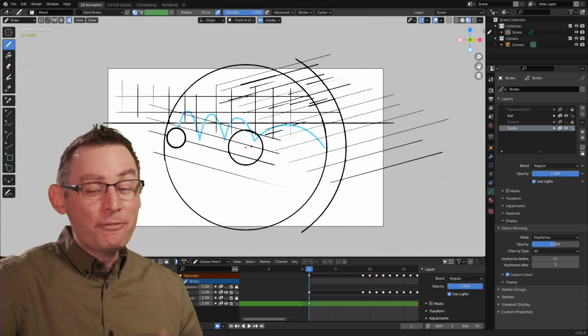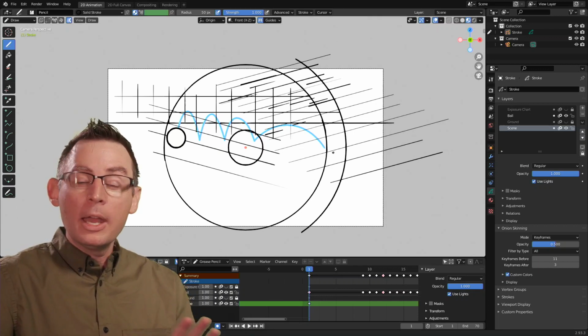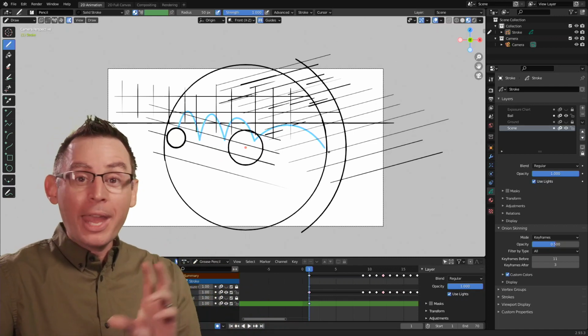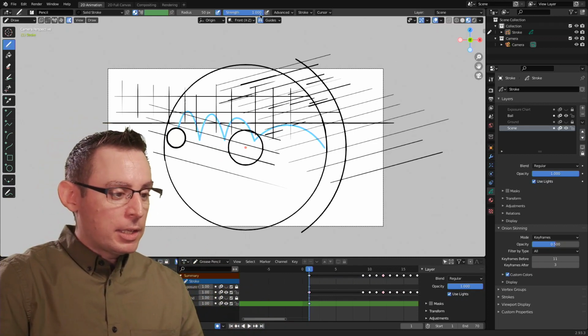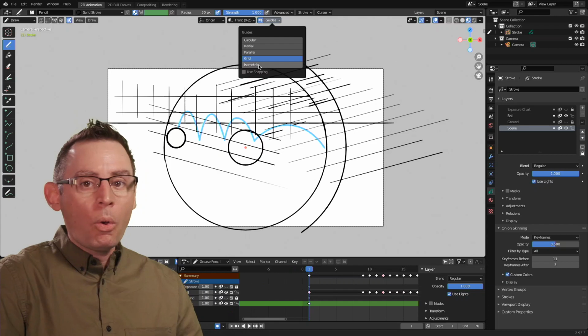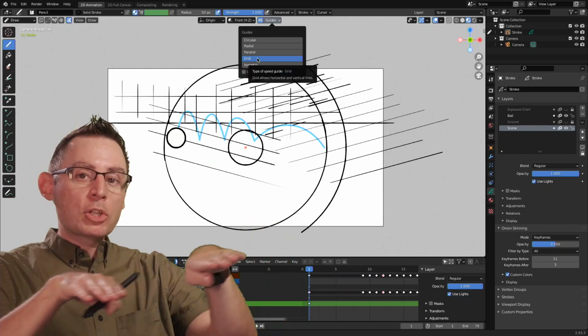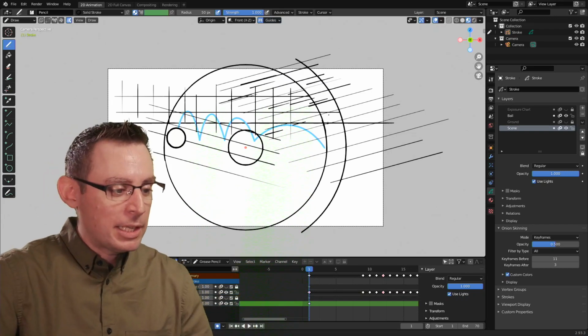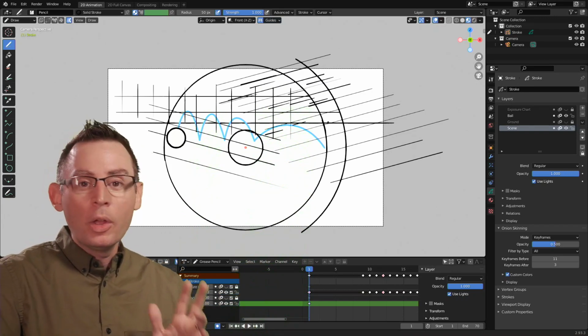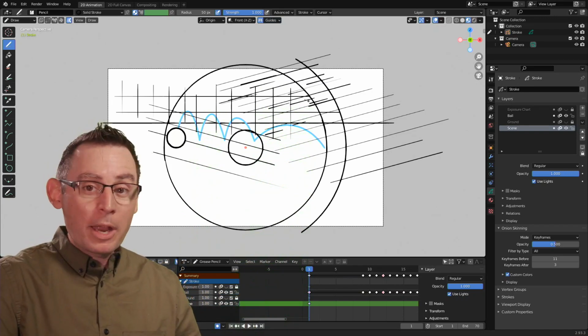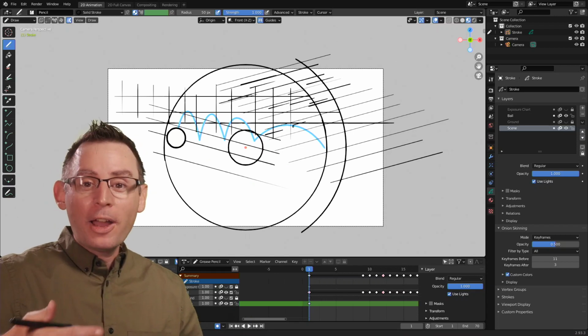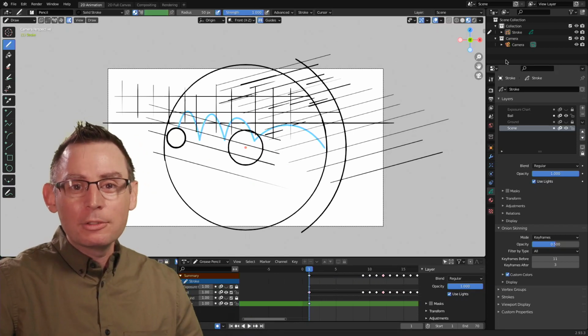And I find them incredibly useful, especially when I'm doing the layout, the planning for all of my animations. I use these isometric ones all the time to very quickly establish the illusion of a three-dimensional plane inside of my scene itself. And they're just very useful, and I wanted to make sure that you guys were aware that it's there, because I find them to be just a wonderful addition to our drawing toolset.